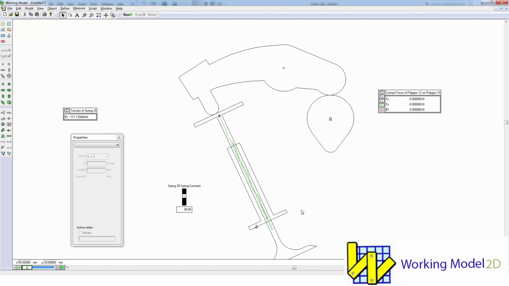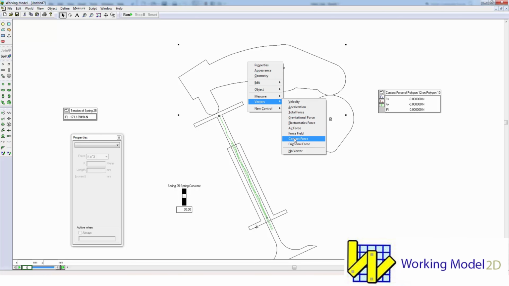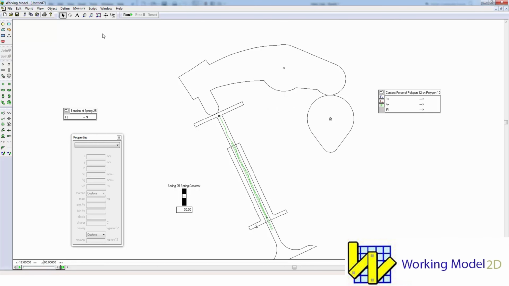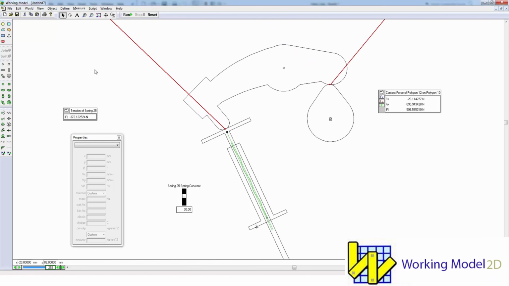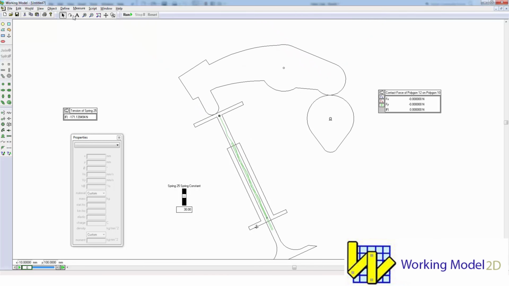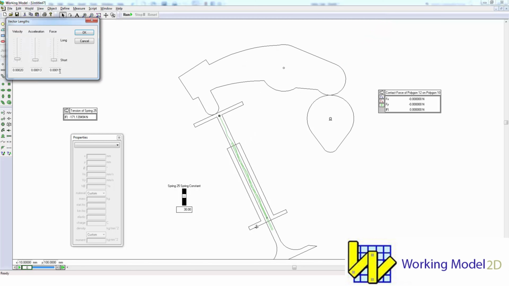Let's go ahead and turn on graphical vectors, which is very useful, like we explained in the previous video, for identifying, say, load case conditions or a free body state of the part, for example. So I'll click on this rocker, I'll right mouse click, that is, choose vectors, contact force, and we'll go ahead and run the simulation. You can see we have these vectors that are showing, and I can also tone down the length of those vectors by going to the vector lengths right here, maybe add another 0. We'll see how that looks.